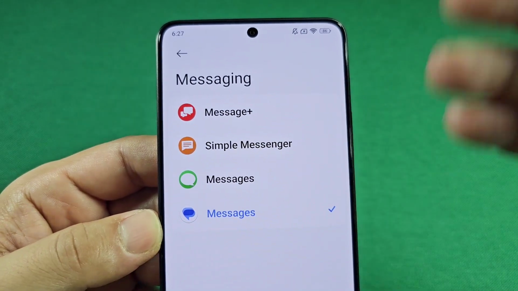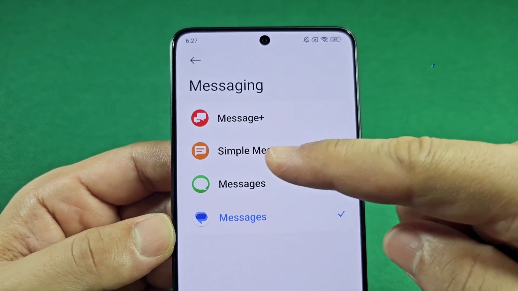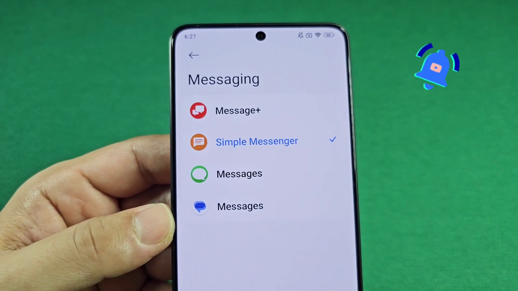Now, once you're here and you see the different ones, they will only show up if it's compatible, and then you can choose the one that you want. And once you select it, it will now be that default messaging app, like in